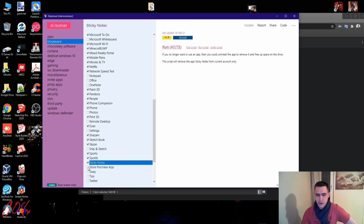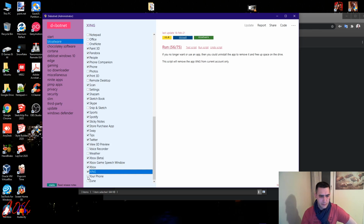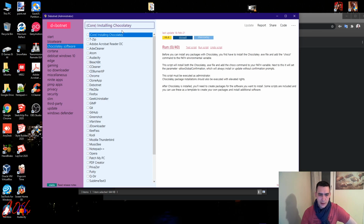Any of these things that you use, like I don't use sticky notes, but if you do, then don't select it, don't remove it. Most of this stuff I do not use. I do use weather sometimes. They even have a Zune program still. And then there's a whole bunch. So like, a lot of these are things that I already have installed, like Notepad++, CD Burner XP,